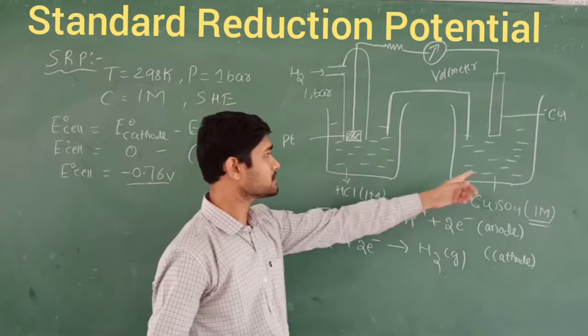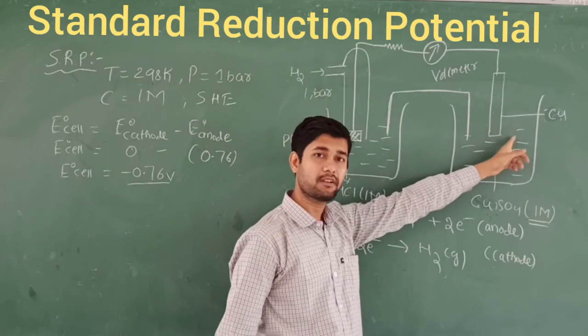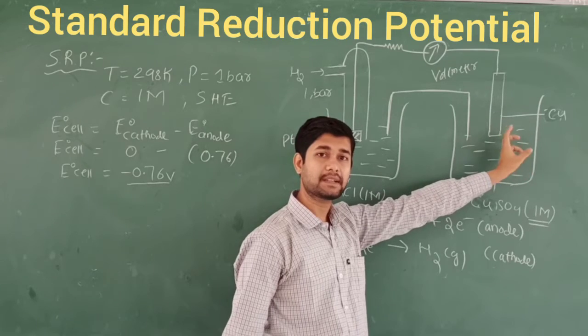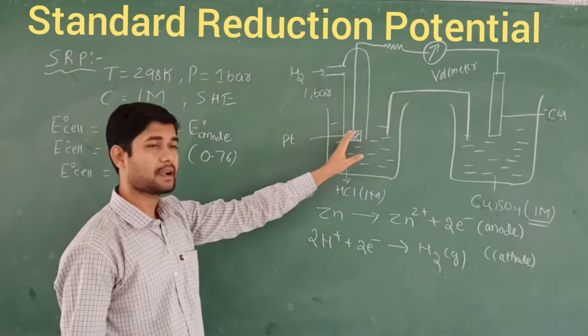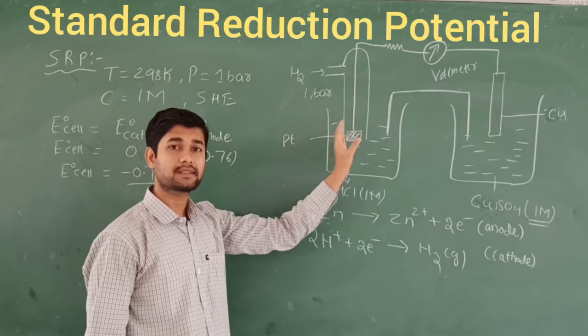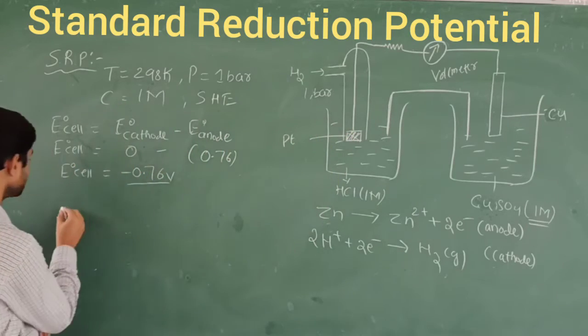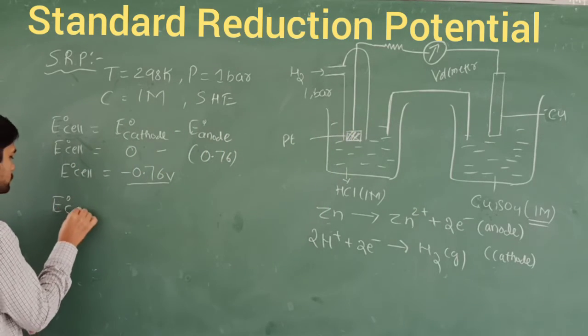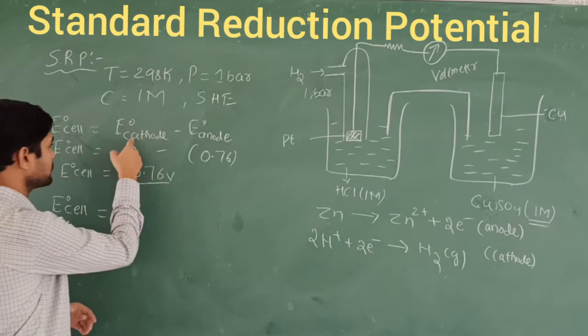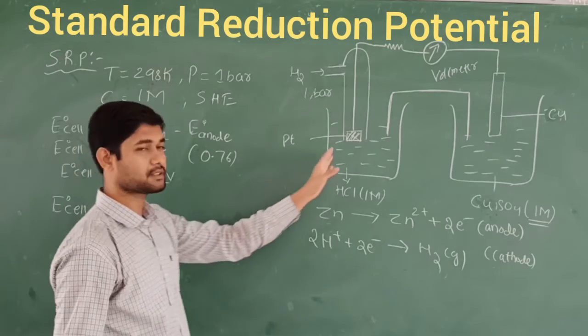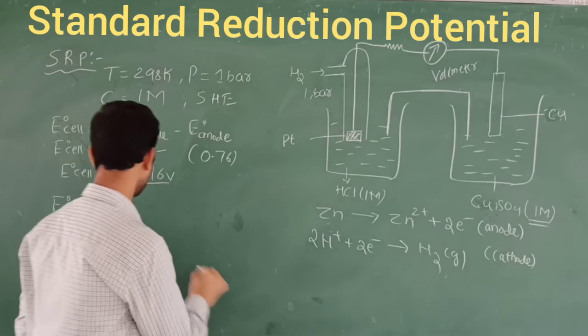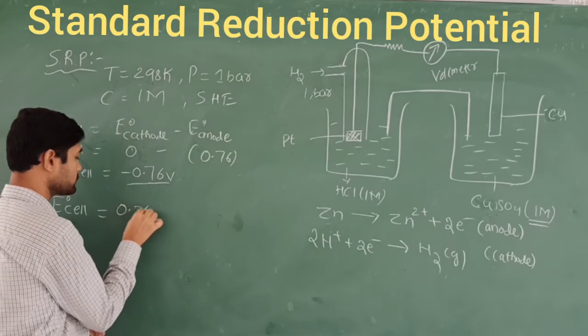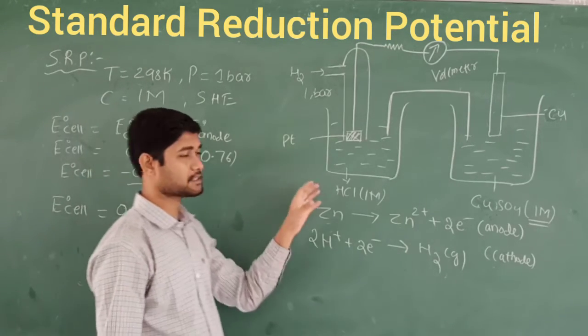Here, copper is going to act as a cathode instead of an anode, and the standard hydrogen electrode is going to act as an anode. When I write the reaction, that is E0 cell. Once again, E0 cathode should be around 0.36 volt that I am going to expect here. So this is called the experimental value, based on experimental values.